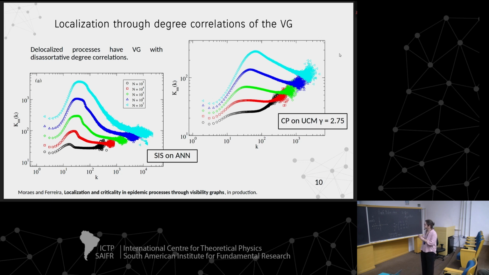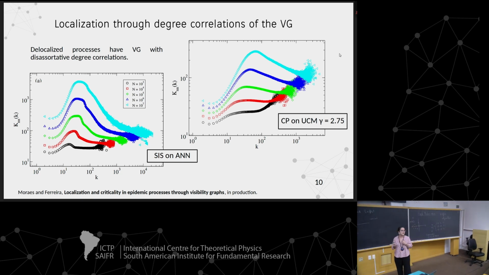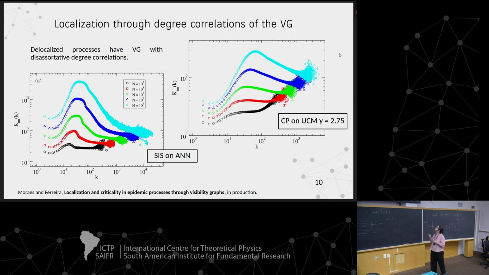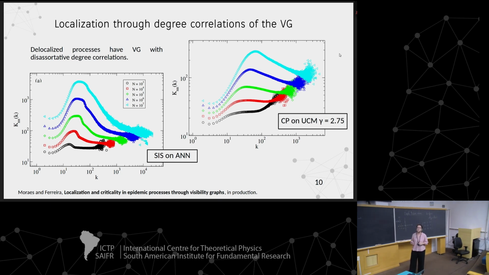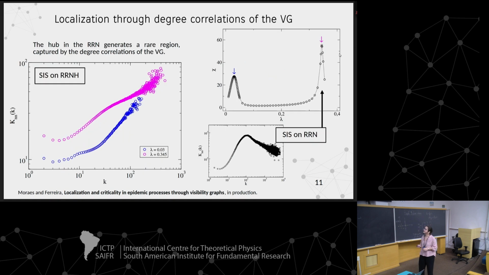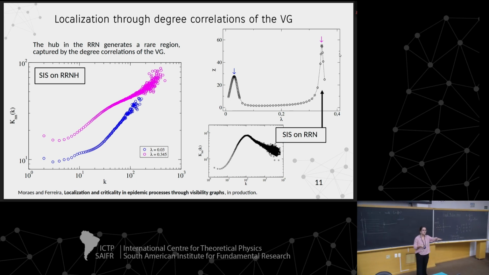This UCM model generates power law degree distributed networks. In our case, we're using this power law with this exponent. It's a scale-free network. And the contact process in this network gives us the same signature, right? Delocalized. But if you look at another extreme example, that is, you have a random regular network with just one hub, of size n squared. You put in the middle of your homogeneous network a hub, you create a rare region of strong localization,